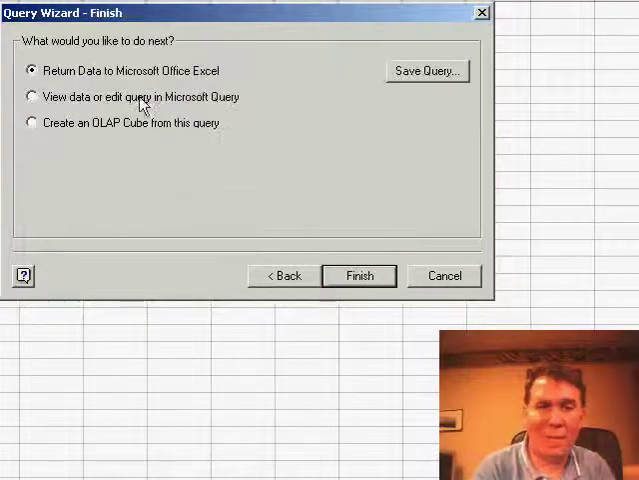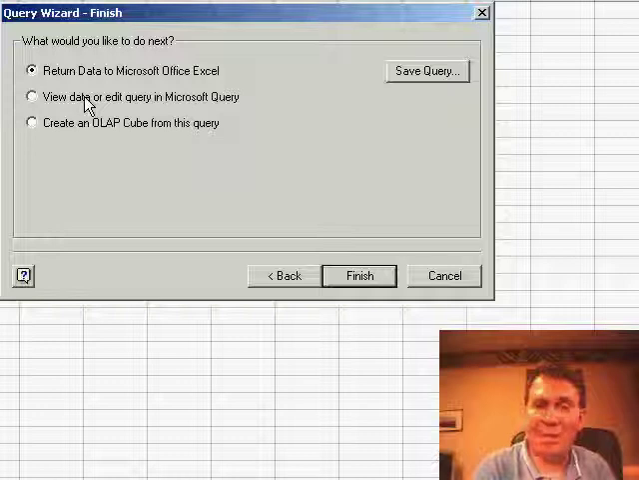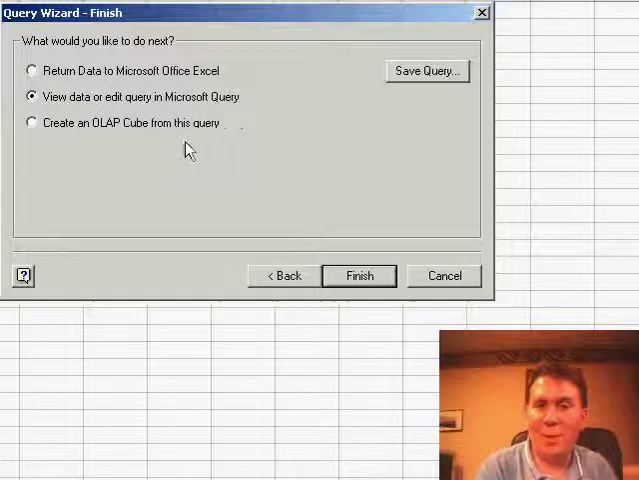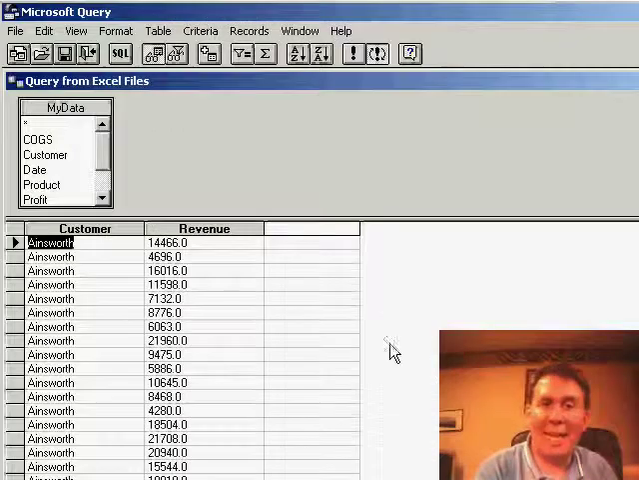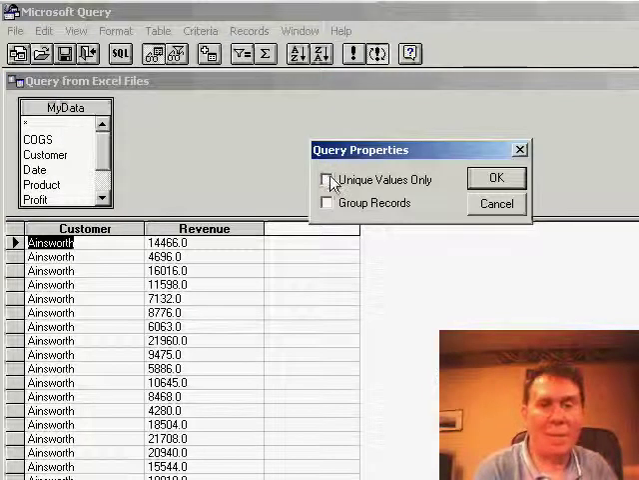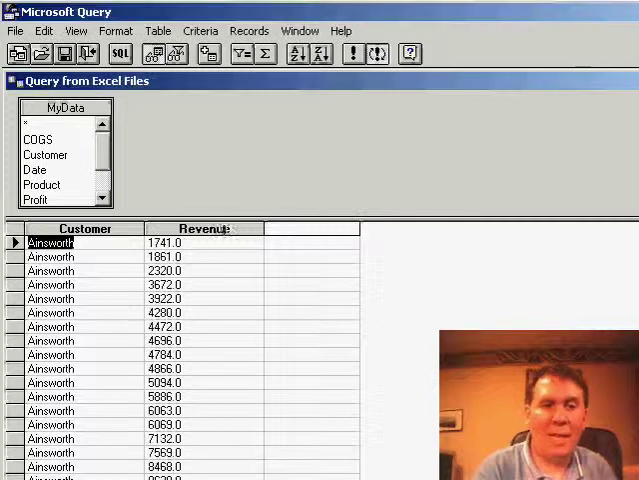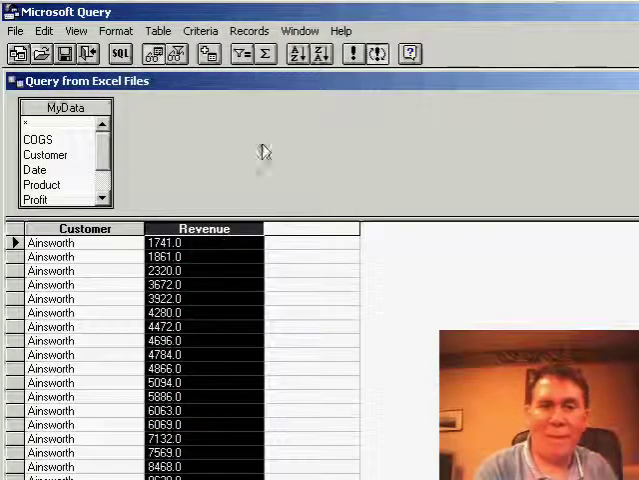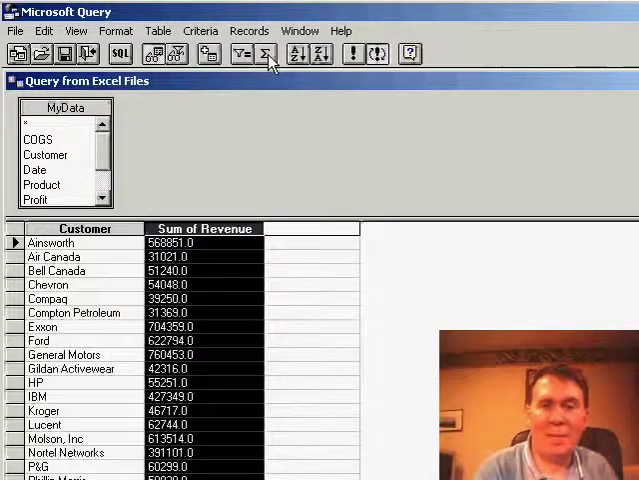Click Next. And instead of returning the data to Microsoft Excel, the important step is to view the data or edit the query in Microsoft Query. Click Finish, and now we're taken back to the Microsoft Query product. If we go to the View Query Properties, we can ask for unique values and to group records. And then we want to choose the revenue field and hit the sum button to change that to be sum